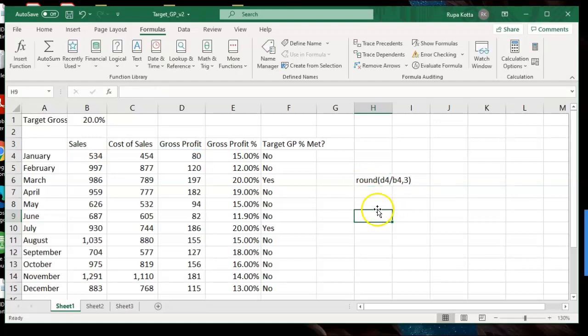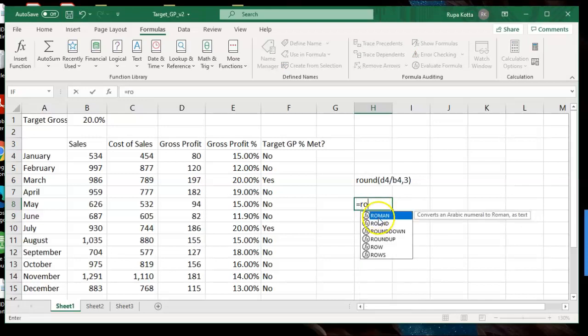We also have functions called round up and round down. You can see round up and round down, because as you know, VAT is not rounded up, it is rounded down. So if you want to specifically tell Excel to round it down, then you can use the round down function. Round and round up are the same thing. By default it rounds up, but if you specifically want any calculations to be rounded down but not up, for example the VAT, we use the round down function. All these 3 functions work in the same way.